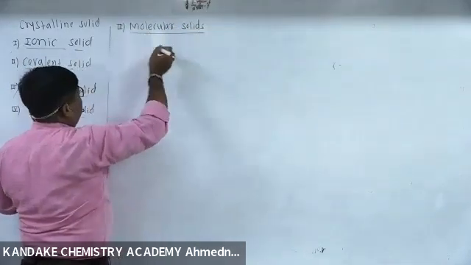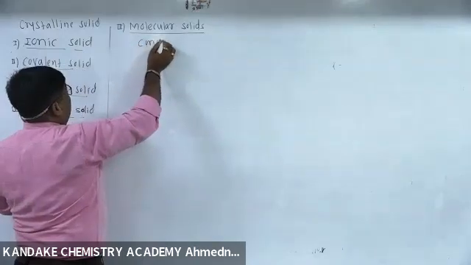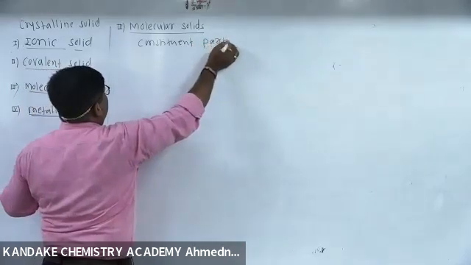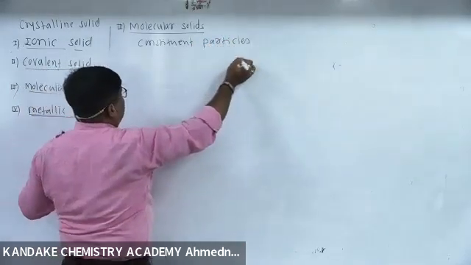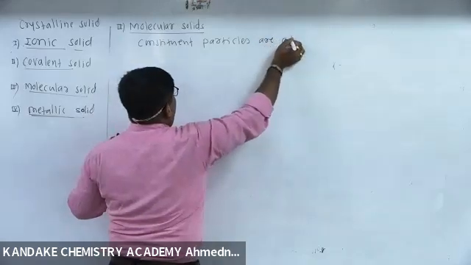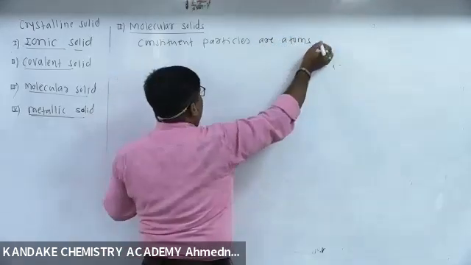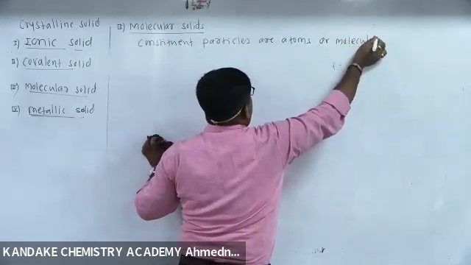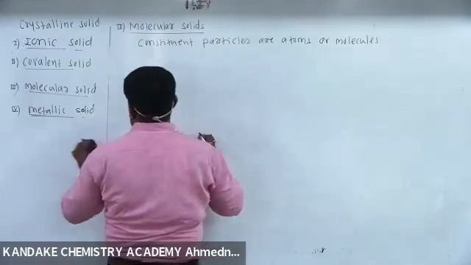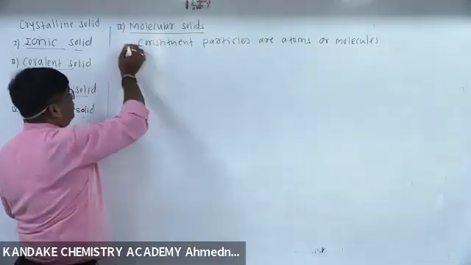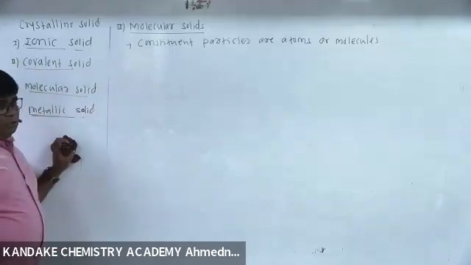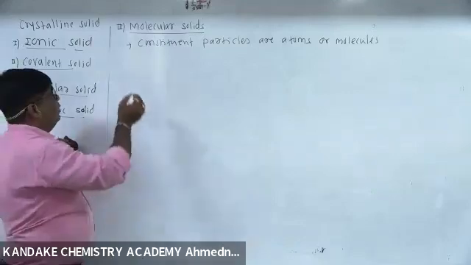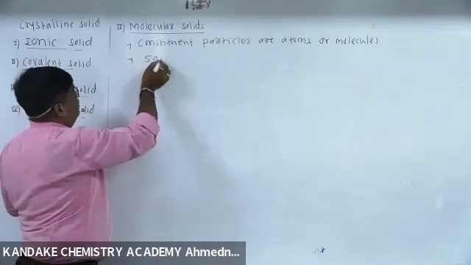What are the molecular solids? These are the solids in which the constituent particles are atoms or molecules. So constituent particles are atoms or molecules in the case of molecular solid. And this molecular solid is one of the soft solids